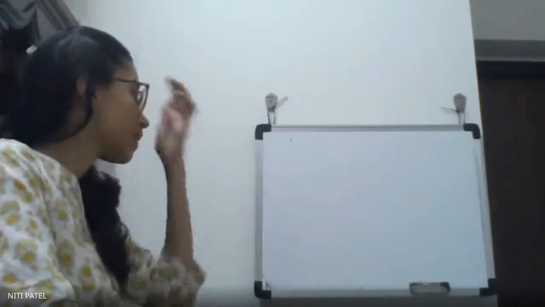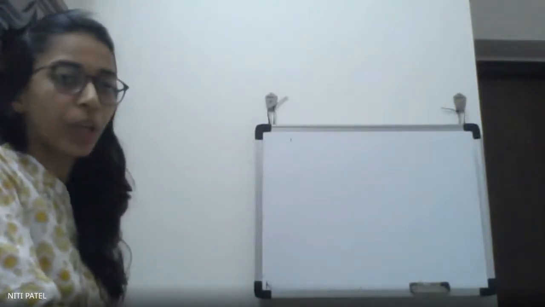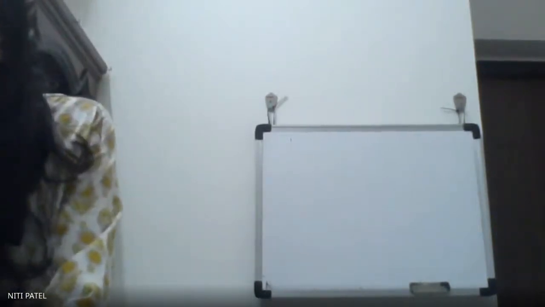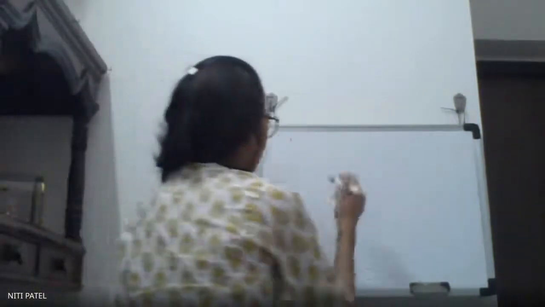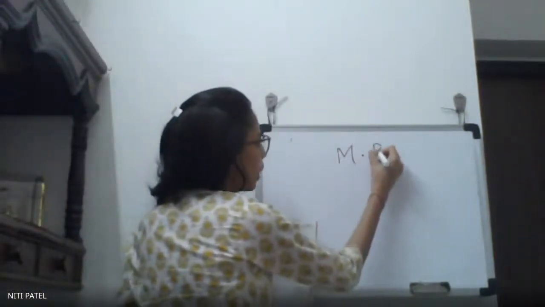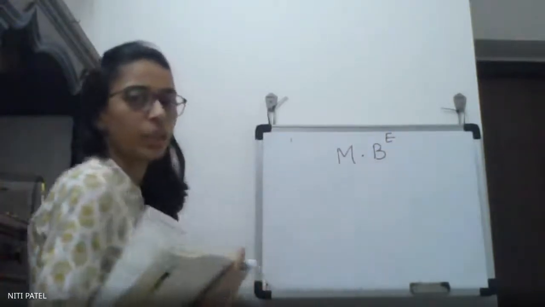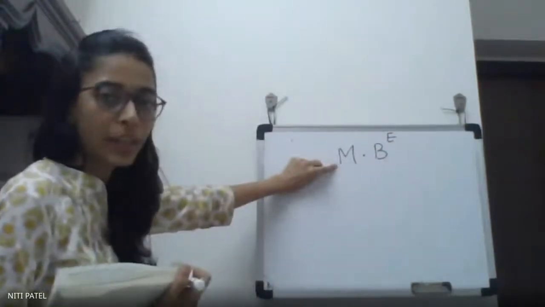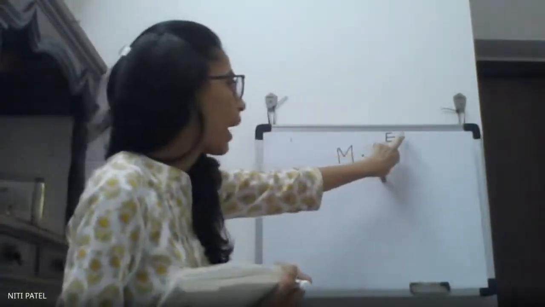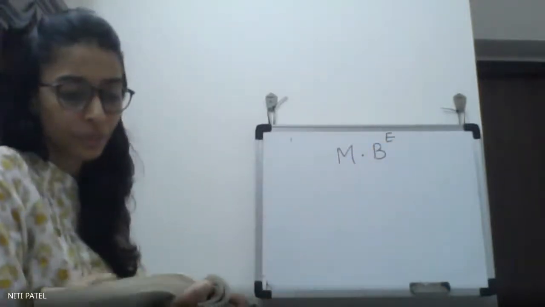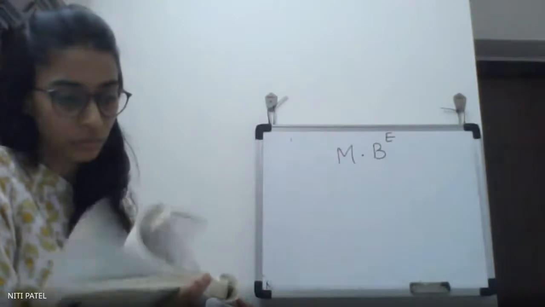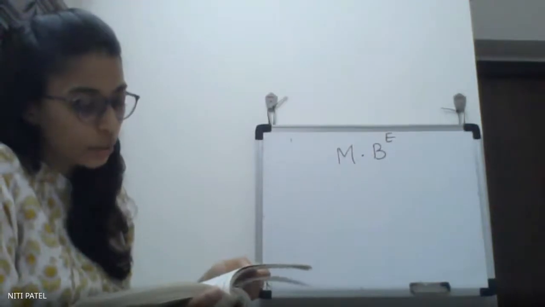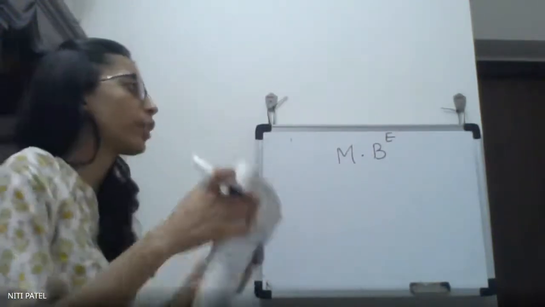Now next we will see the floating point representation. What is there in floating point representation? We had mantissa, we had exponent and we had base. So how do we write this? M into b raised to e. The number is represented as m into b raised to e, where m is your mantissa, b is your base and e is your exponent. Write this format.